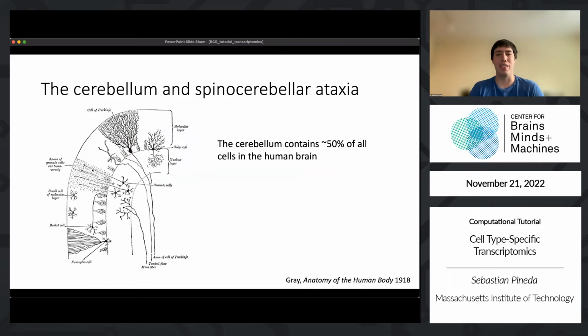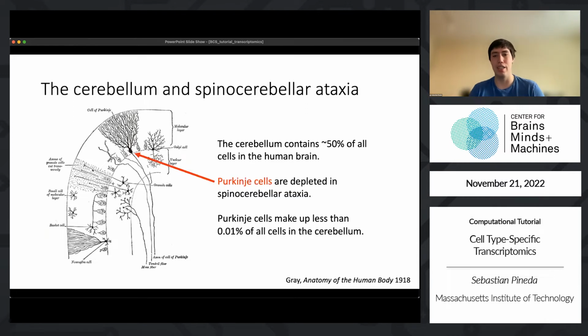So an example of this is the cerebellum and spinocerebellar ataxia. The cerebellum is a very dense region, the most dense region of the brain. It contains half of all the cells in the brain, about 50 billion of them. Most of them are these tiny little cells called granule cells. And there's this family of diseases known as spinocerebellar ataxias